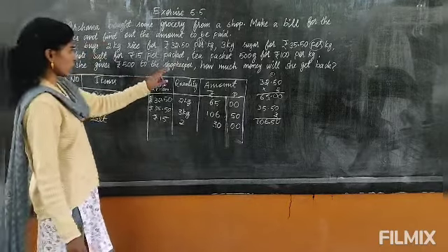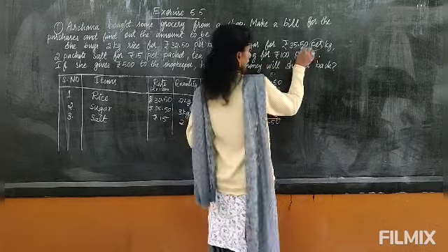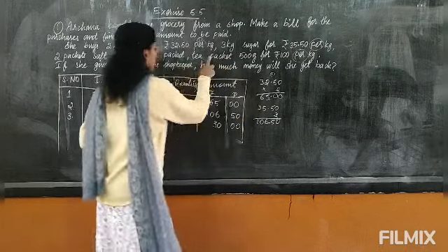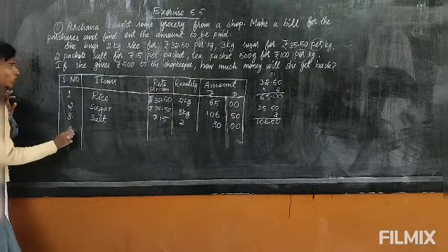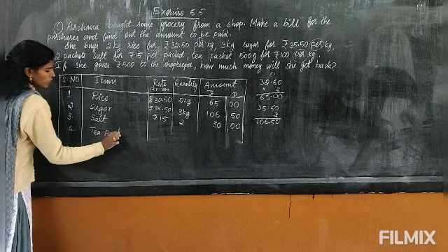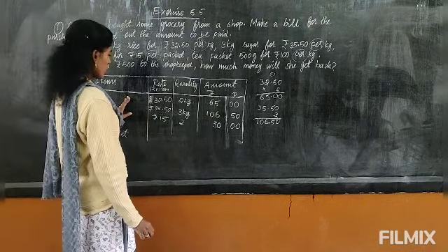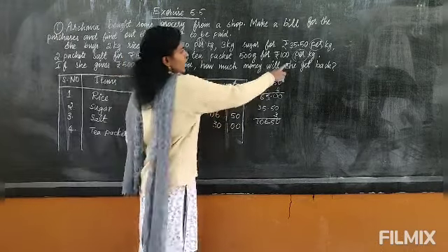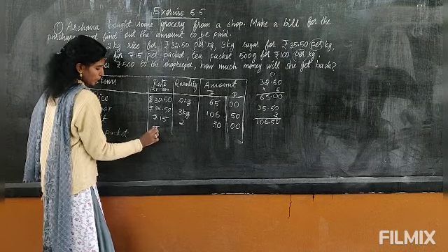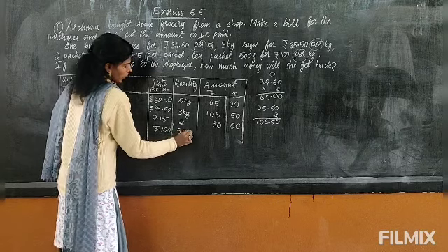Next she is buying tea packet 500 gram for rupees 100 per kg. So here a little difference is there. Let's see what it is. Now fourth one, tea packets. She is buying a packet of tea, that is 1 kg is 100 rupees, but she is buying 500 grams.